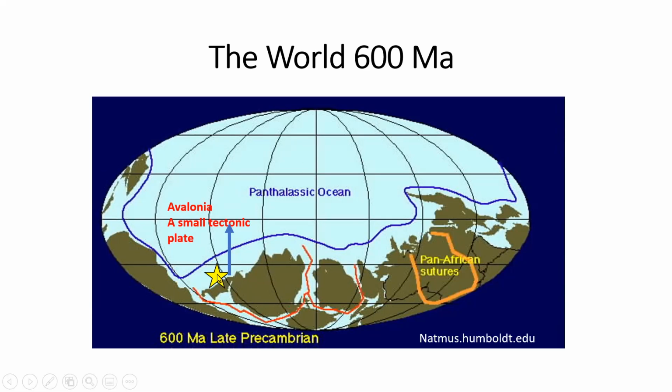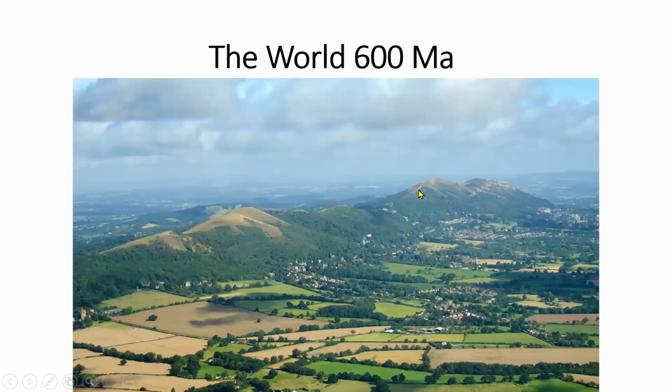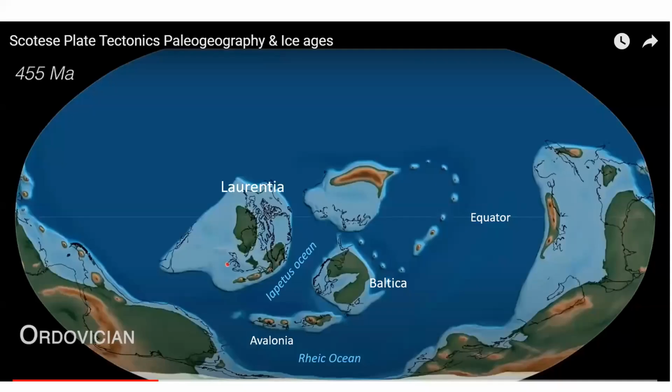And if you want to look at the rocks which were forming down on Avalonia 600 million years ago, they are exposed, but not on Grinlow. You can go to somewhere like the Malvern Hills. Here, the Malvern Hills, and a couple of faults have brought up Precambrian rocks formed down there by the South Pole 600 million years ago. These are the kind of rocks which are beneath our feet on Grinlow. Now, move forward